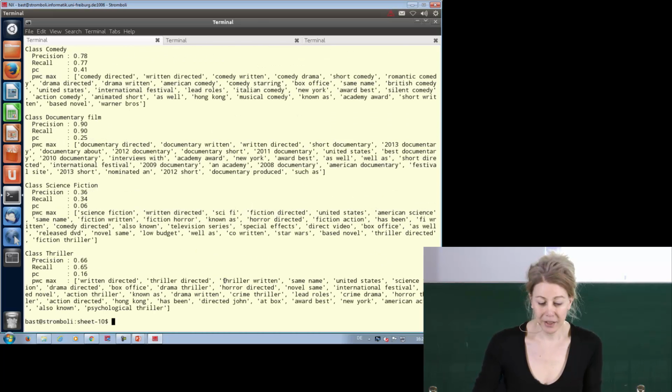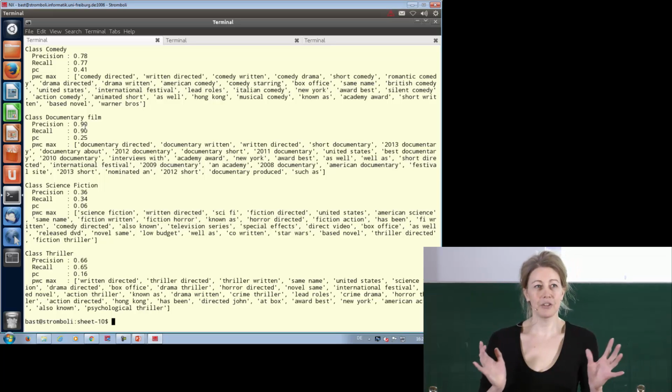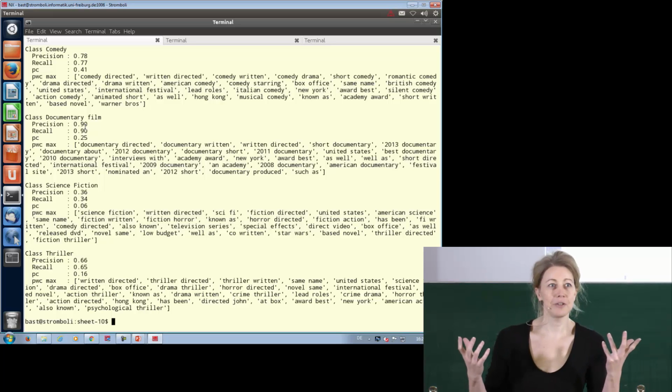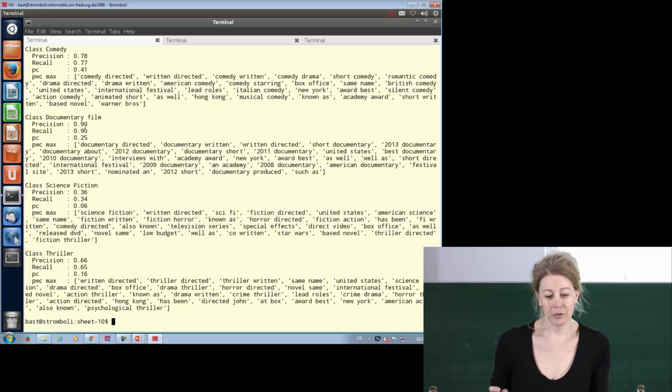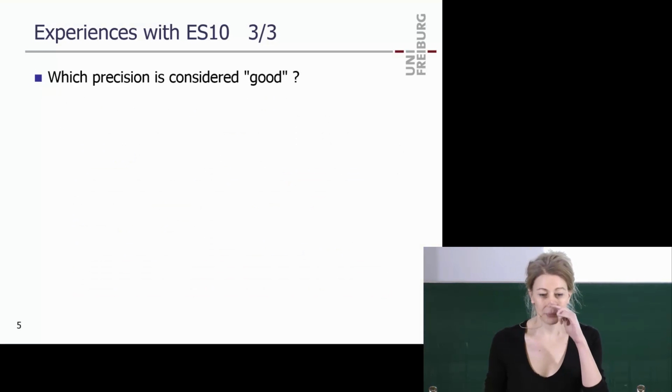So now you get something like this, right? So this is just sequences of words following each other. And still, interesting words. So thriller, you have Hong Kong here as a phrase, which is pretty high up in the list. Crime thriller, drama written, makes sense, right? You look at all sequences of 2 words as features. But the results are, yeah, it was 89 before, now it's 90%, yeah? So that's quite typical also for this kind of research. You have ideas, looks like a great idea, and then you're disappointed, sometimes it gets even worse. Yeah, that's what I wanted to show you.